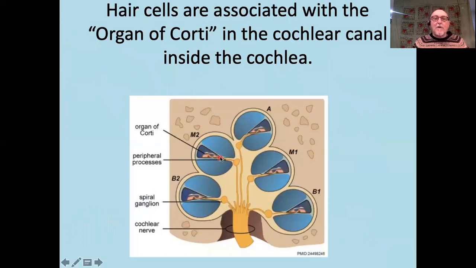This is just another view of it. Here is the top canal here. The whole thing here is where the sound wave is initially passing through. And the most important part is this part of the canal here with the organ of Corti in it. Then the sound passes out through this canal down here.